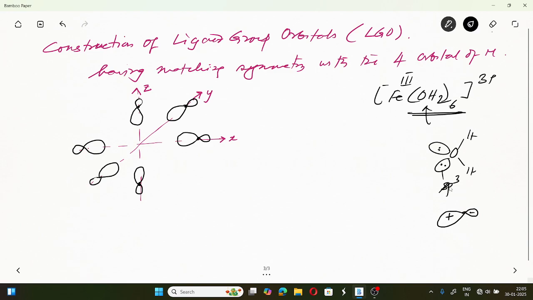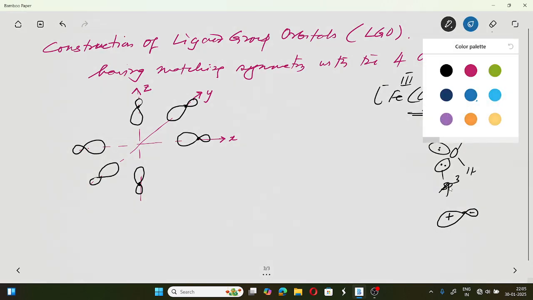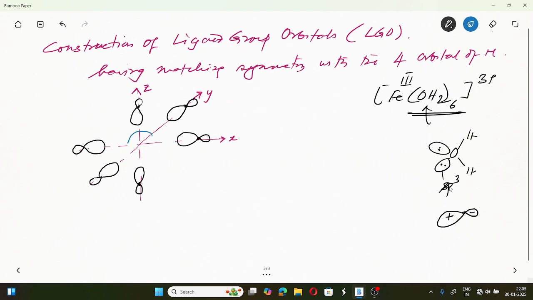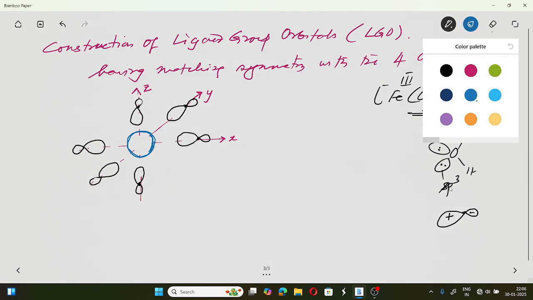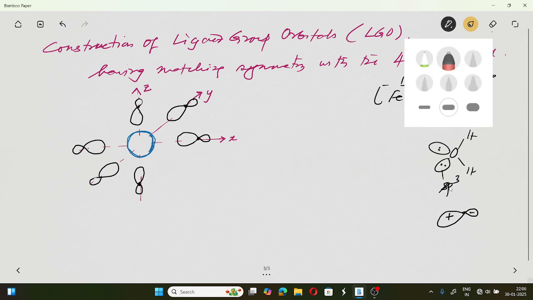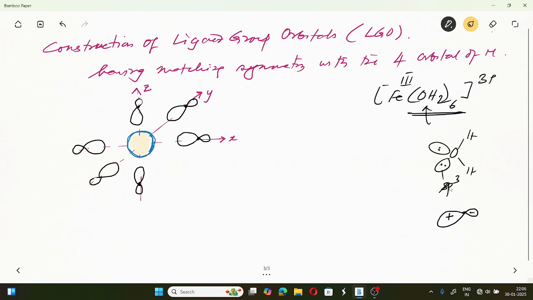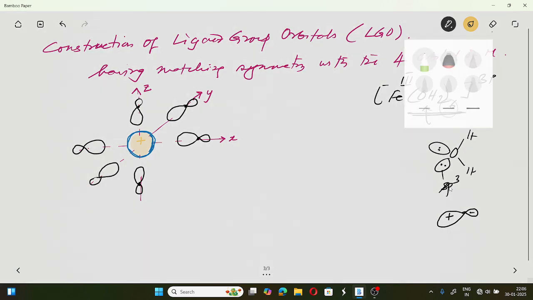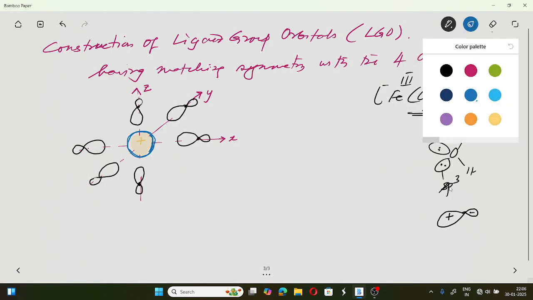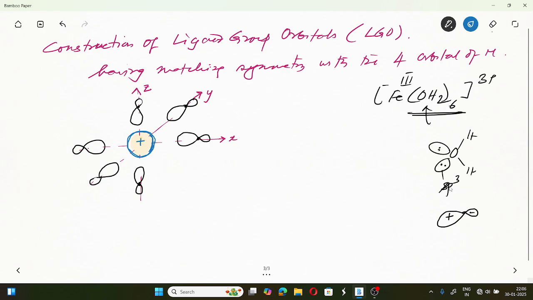Now we have to construct a group orbital that should have matching symmetry with which orbital? With the s orbital. First of all, we have to construct a group orbital which should have matching symmetry with the s orbital of the metal. Now you know that the s orbital is spherically symmetrical, isn't it? So this is the s orbital. If we consider that the phase is positive throughout, suppose, then